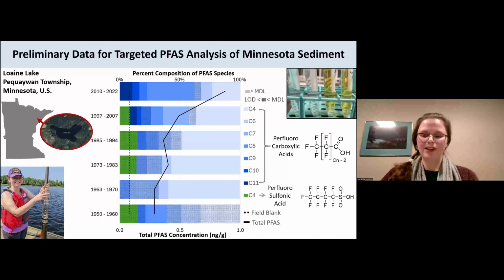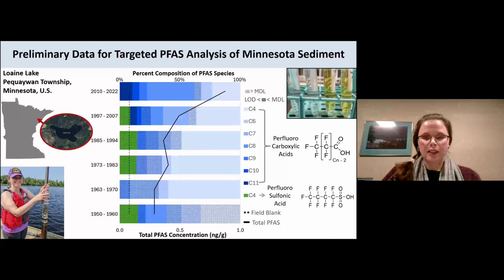Another thing to note is that this lake has very high organic matter in its sediments. As you can see in the figure in the top right, those vessels on the right-hand side are post-extraction, and there's still a yellow coloration, meaning we have a lot of dissolved organic matter that was not removed, which just makes PFAS analysis a little more complicated. So we extracted and analyzed targeted PFAS following a modified EPA 1633 method. Overall, we analyzed for 36 total PFAS, but only detected 8 species.